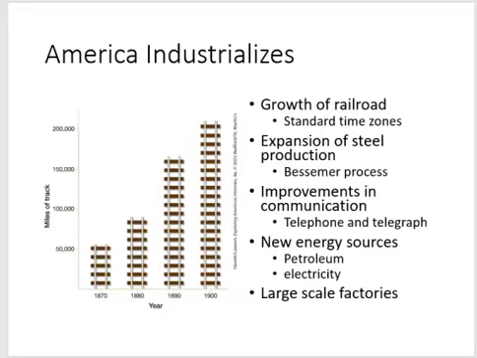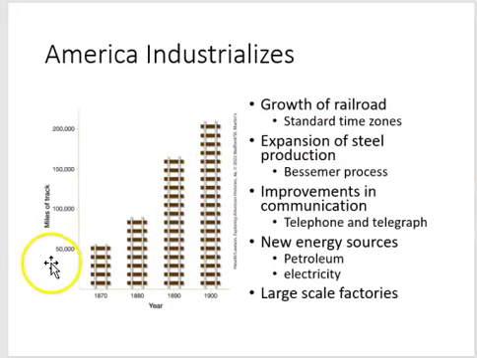First, we have railroads. Railroads were the backbone of industrialization, so they connected different parts of the country into one national market. They allowed raw materials and finished goods to move quickly across long distances, and they didn't just move products, they created the demand for those products. Railroads required steel, coal, wood, iron, so industries producing those materials expanded very quickly. And railroads didn't just support industrialization, they drove it.